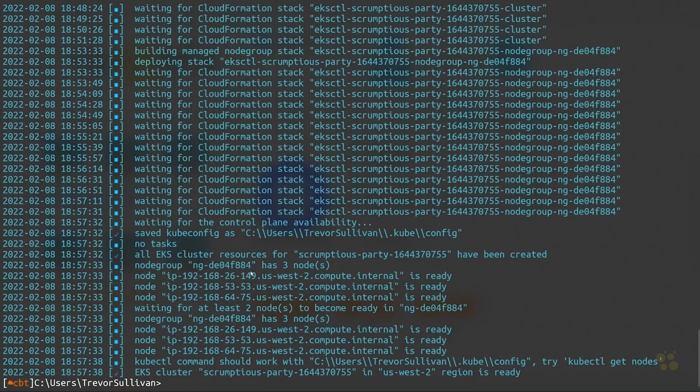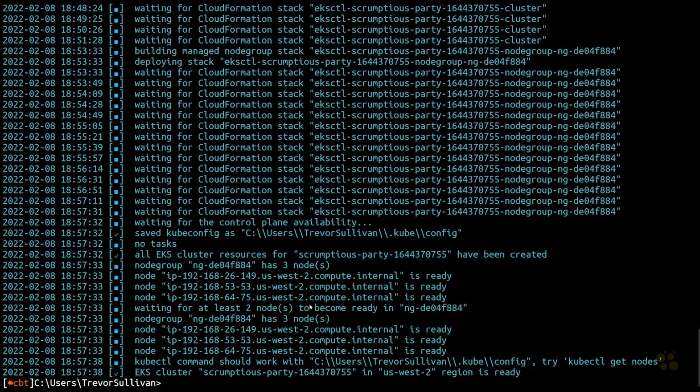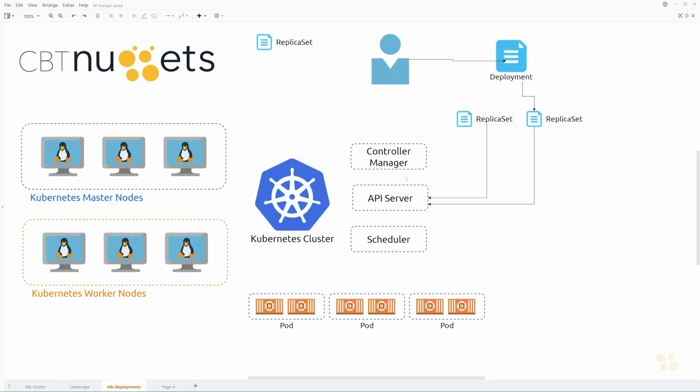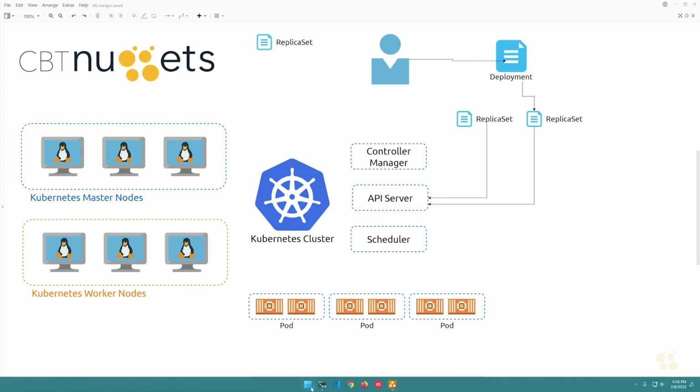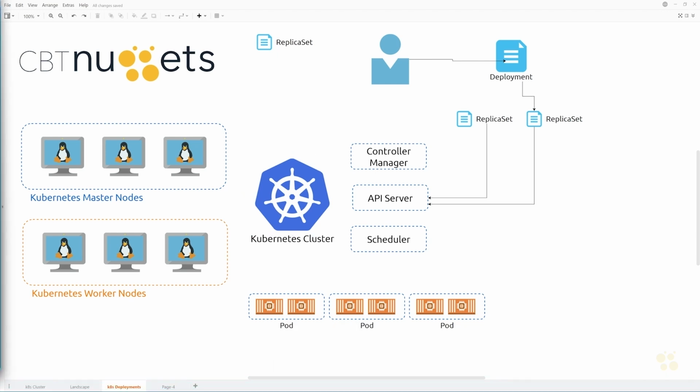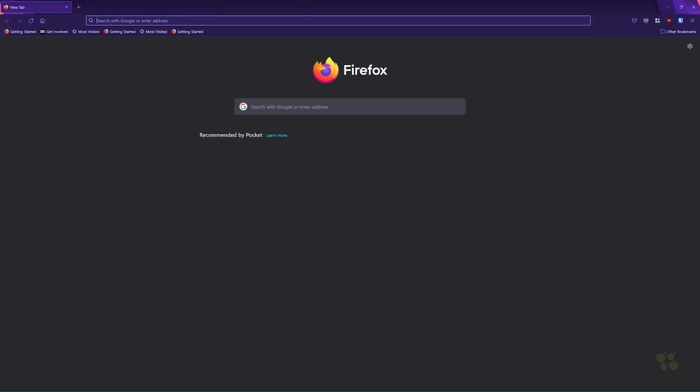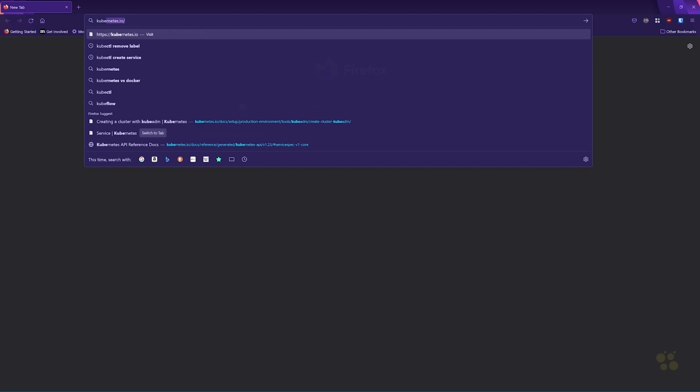Okay, so now we've got a cluster up and running here, and now what we need to do is play around with some of the different resources that are available that we've talked about in our diagram over here. So for starters, why don't we explore the ReplicaSet as well as the pod specs in a little bit more depth. Let me fire up a browser here and bring that over here,